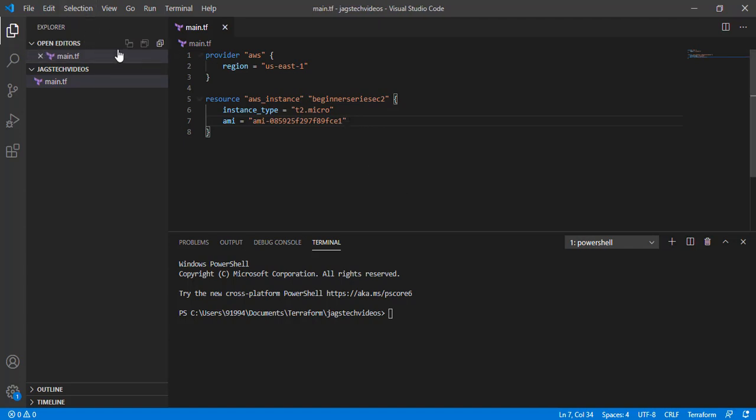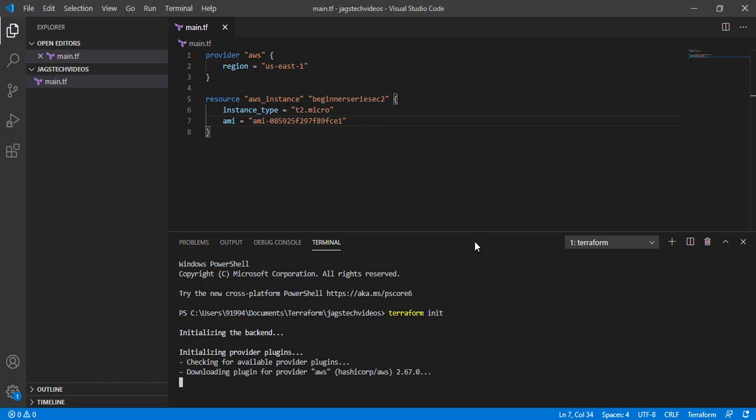Without saving your changes, if you run the Terraform plan and apply commands, it is not going to take the latest changes, and you will break your head wondering why your changes are not getting reflected. So the first command is terraform init. I have given it. This will initialize the Terraform setup